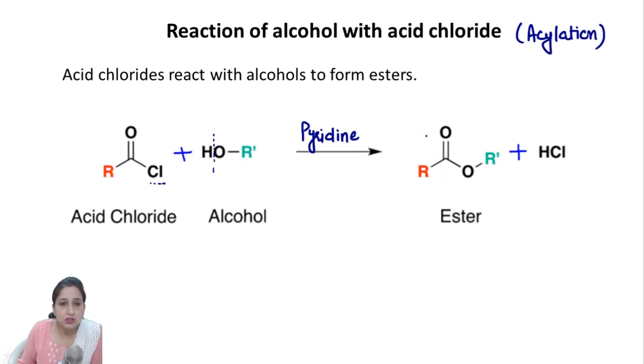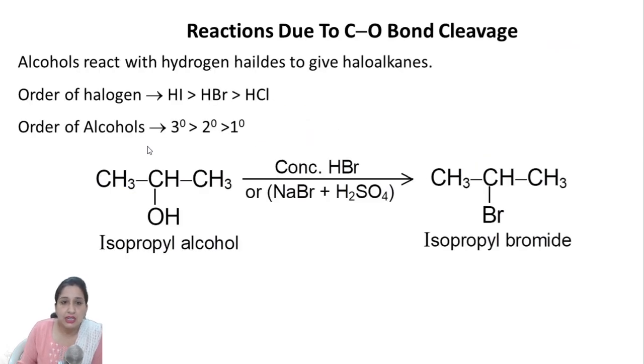Similar reaction can also take place by the treatment of alcohol with acid anhydrides. Okay? Acid anhydrides. So these are mainly the first type of reactions involving the cleavage of OH bond. Now the next type of reaction is reactions which occur due to the cleavage of CO bond. So the first example in this case is reaction of alcohol with any halogen acid or hydrogen halides. This can be called hydrogen halides or halogen acid.